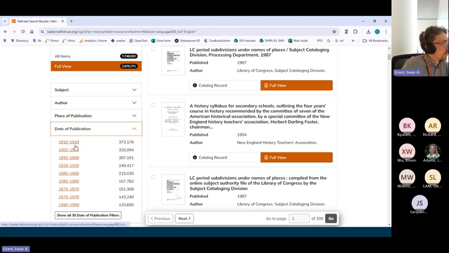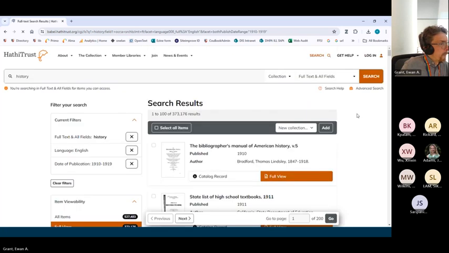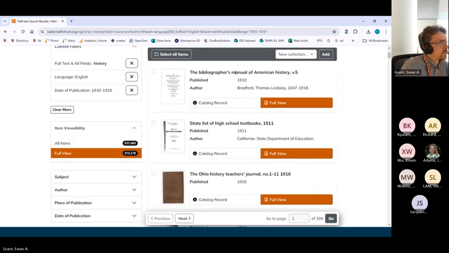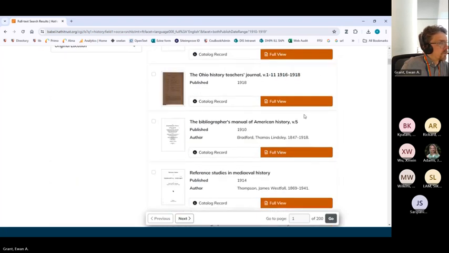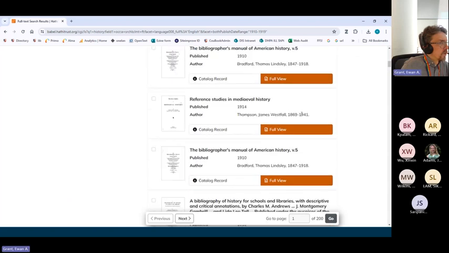You can see we've got a great deal of historical material. So if that's what you're wanting to hunt down, it really is fantastic. Here we go. Reference studies in medieval history. If that's your bag,